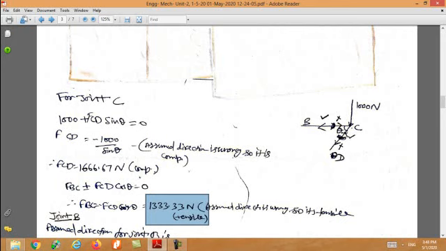By the same process, earlier we have assumed it is tensile for the FCD, but what comes for the FCD is negative. It means what we have assumed is wrong, so we will change. The change will be, the correct answer will be compression, is it? So there is no role for this tensile and compressive. If it comes positive, then you are correct. If it comes negative, then change the direction of this.